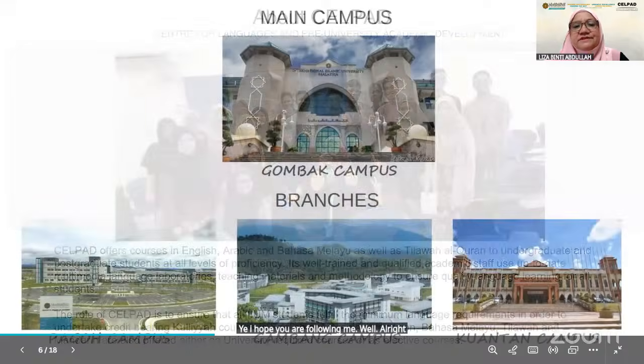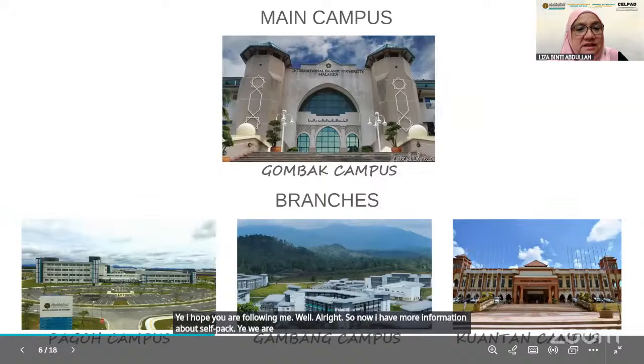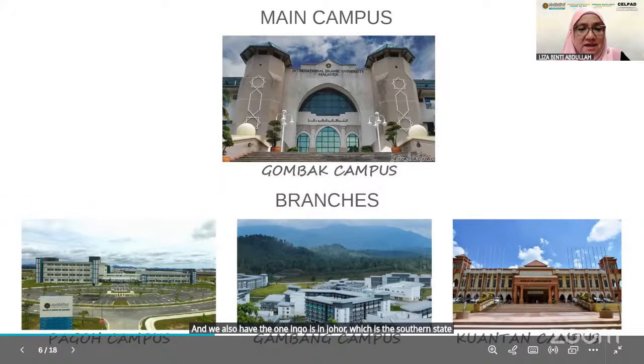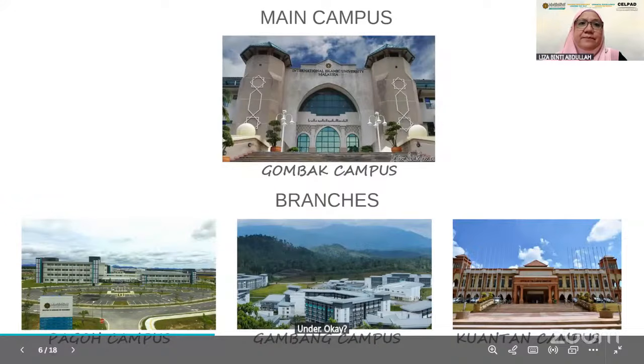All right, so now, more information about CELPAD. We are not just here in Gombak. We are everywhere. We have all the campuses, and we also have the one in Pagoh. Pagoh is in Johor, the southern state of Malaysia, near Singapore. Then we also have Gambang campus. Gambang campus is in Pahang, and also Kuantan campus. These 2 campuses are on the